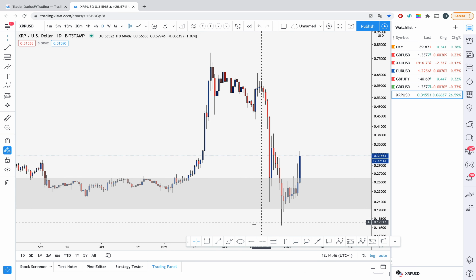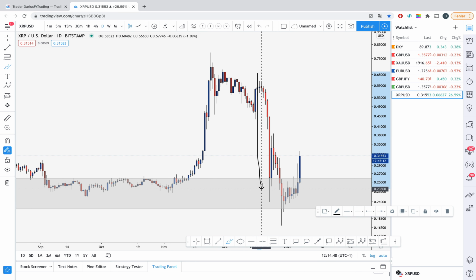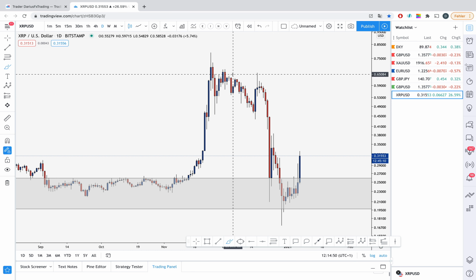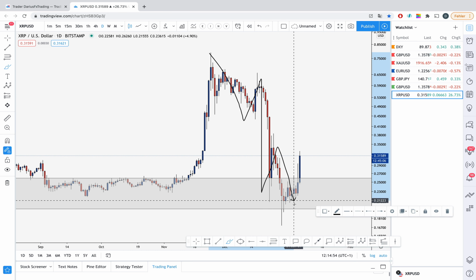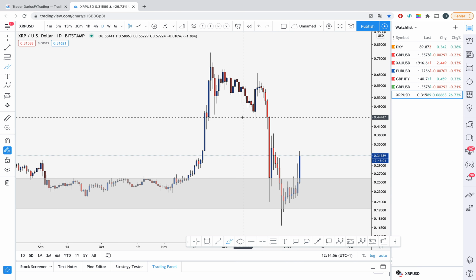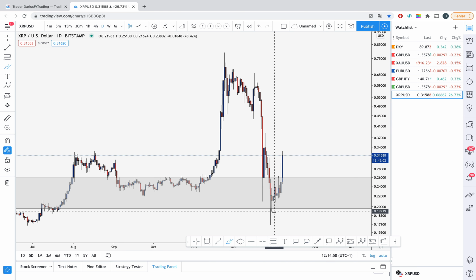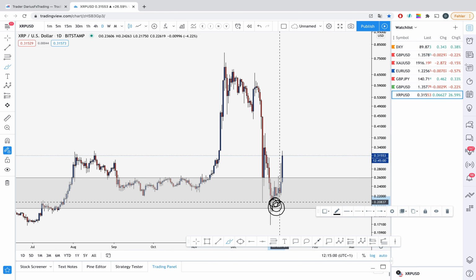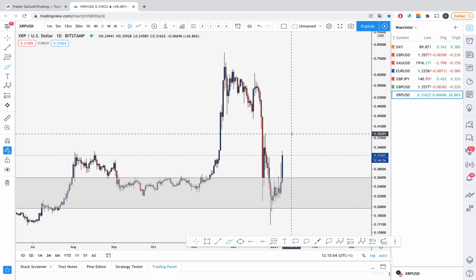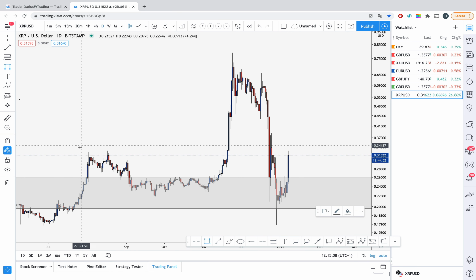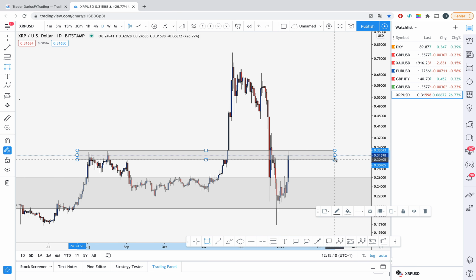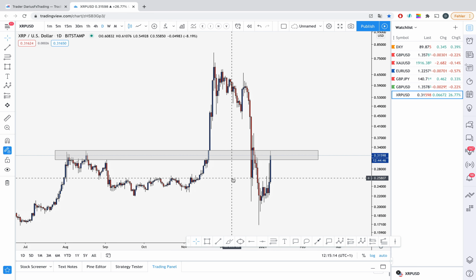Now, this was the C wave over here. The market went all the way to the downside over here, and you can view this whole correction like a 1, 2, 3, 4, 5. You can view it also as an impulse to the downside, and afterwards, this is going to be the turning point to bring the market all the way up to the upside, okay. Now, we need to see the market breaking also this area before this whole thing is completely confirmed, that it will shift right now